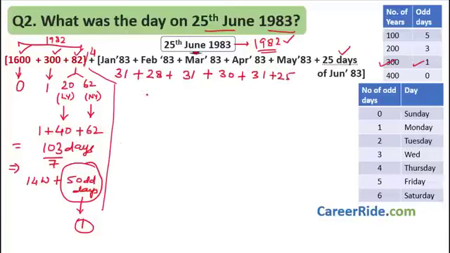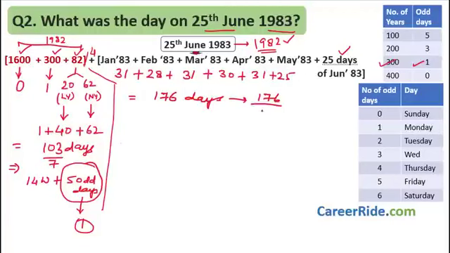From this we get a total of how many days? 31 3s are 93, plus 31 is 124, plus 30 is 154, plus 25 is 179... This is equal to 176 days. And now I want to find out my odd days from here. So what do